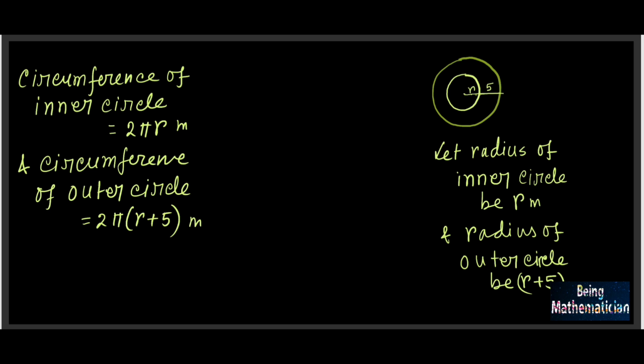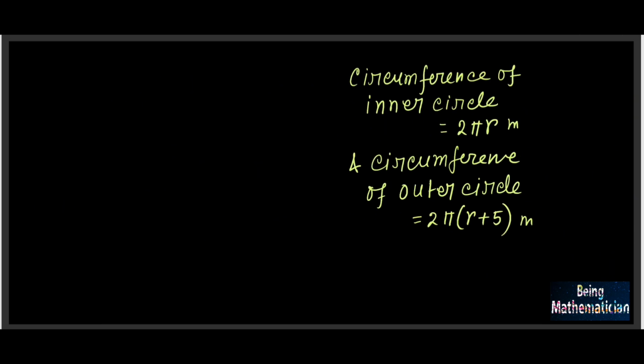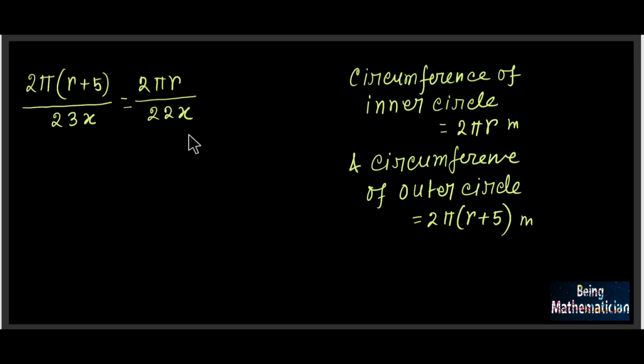Now we know that the speed of the cyclist is equal, so we can say 2 pi r plus 5 divided by 23x is equal to 2 pi r divided by 22x, where 23x